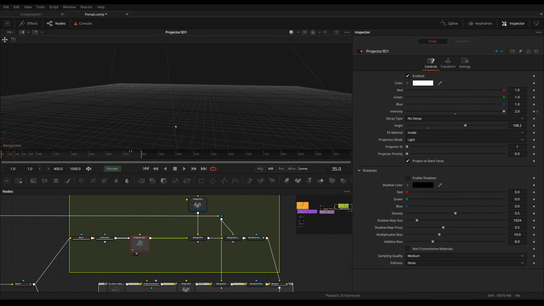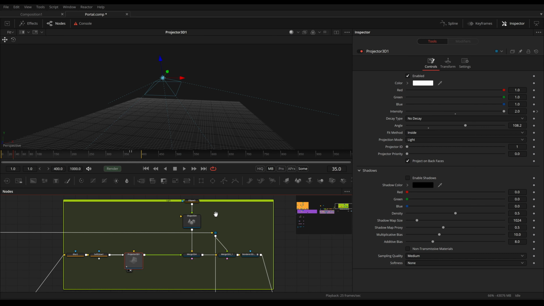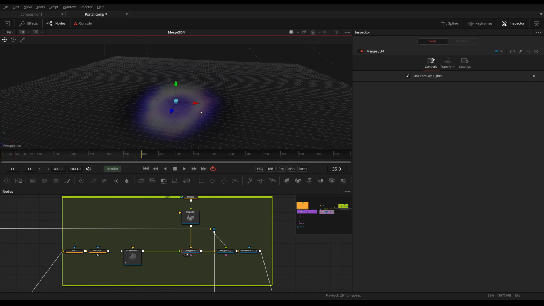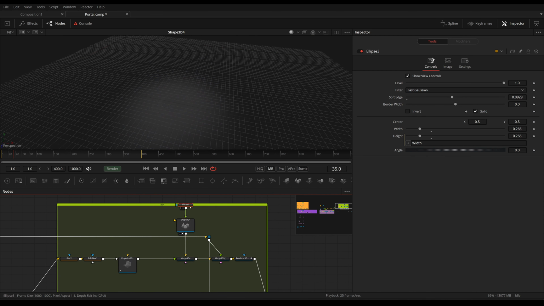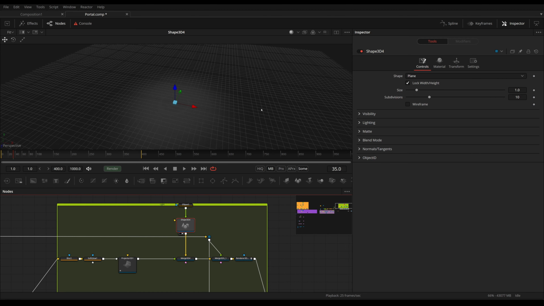The projector 3D can be used to project an image onto a 3D geometry. And in this case, we are simply projecting this onto a ground plane. This is really just a plane. I've used another ellipse to mask off the area because I wanted to have a starry background everywhere else and I didn't want just a black floor.